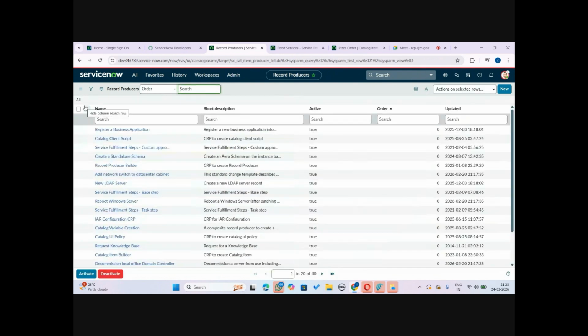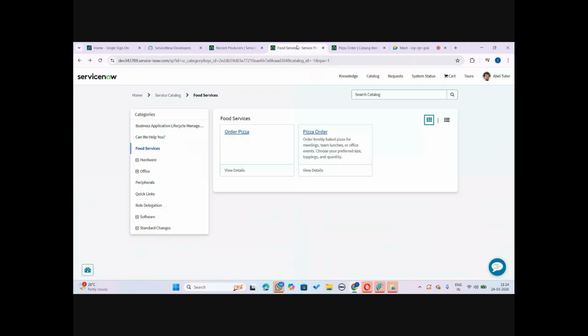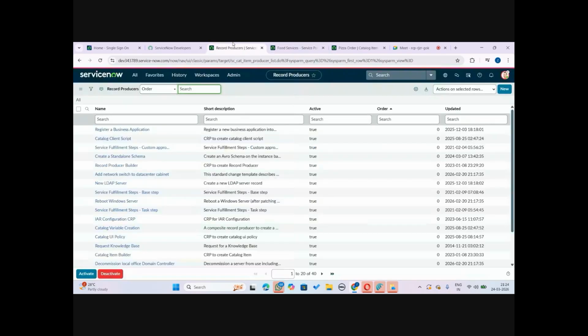Create a record producer. You have told me this exact thing, create a record producer that will create a custom table for the Pizza app. So when the user goes onto this portal, they are able to open this option and then a custom table is created for them, like a task table that I have done. Now, the options that we have inside the task table, such as the quantity of the pizza, the size and all,